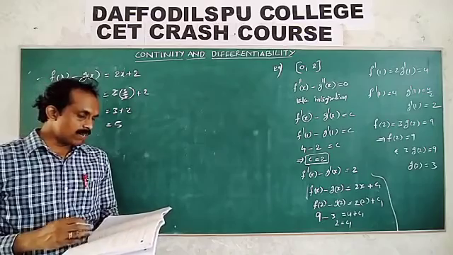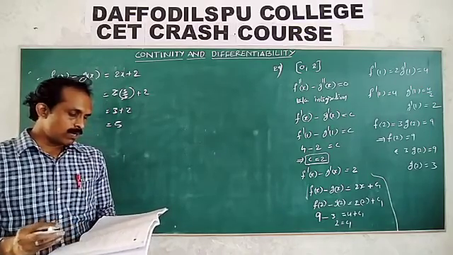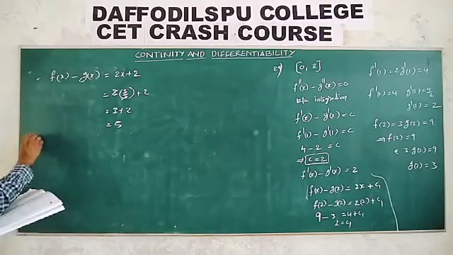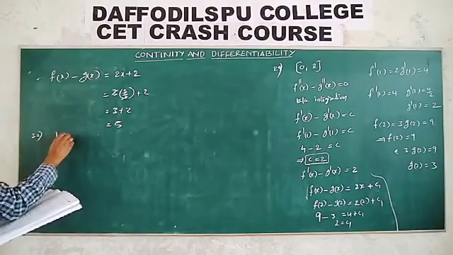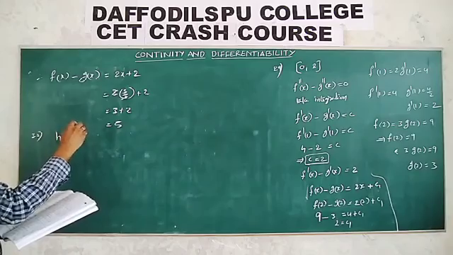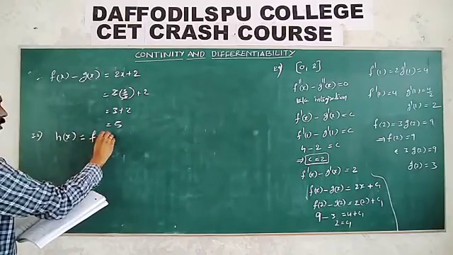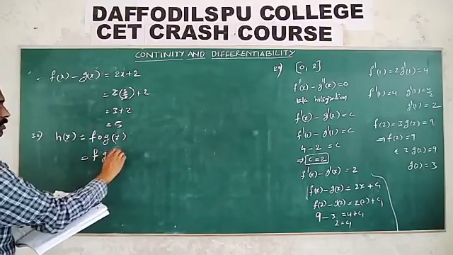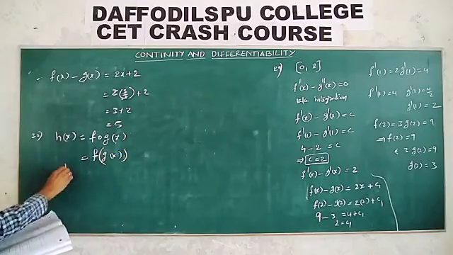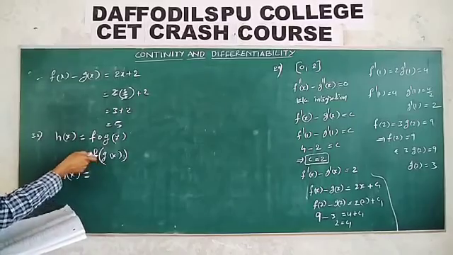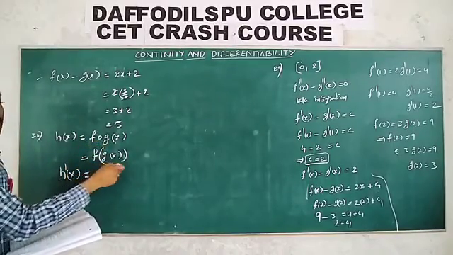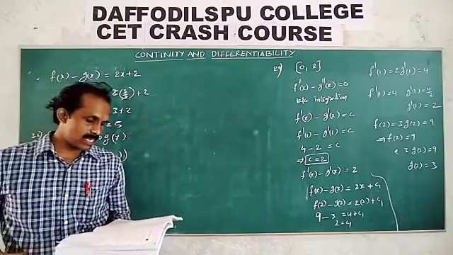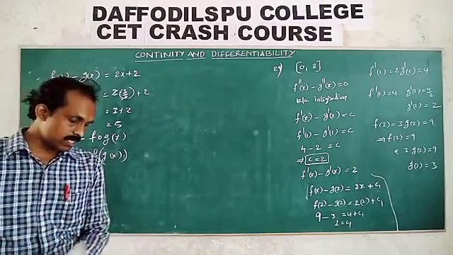Next, let f and g be differentiable. So we will try this problem. h(x) is given like this: h(x) is equal to f circle g of x. How can you write f circle g of x? f of g of x. So apply derivative. h'(x) is equal to f'(g(x)) times the inside function derivative g'(x), and substitute those values to get the answer. Right. Next problem.